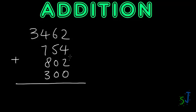You start off with the first column, you add it up simply, as simple as that. 4 plus 2 is 6, plus another 2 is 8, 0 is just 0, so we have 8 in this first column, so write it underneath. 6 plus 5, obviously 11, because the zeros are still 0, so you add your 1, carry the other one over. 4 plus 1,